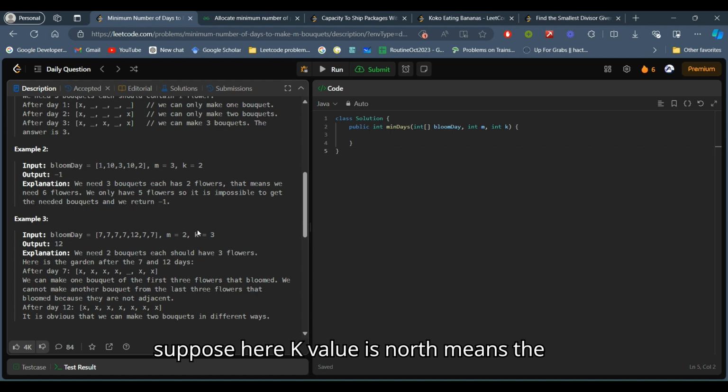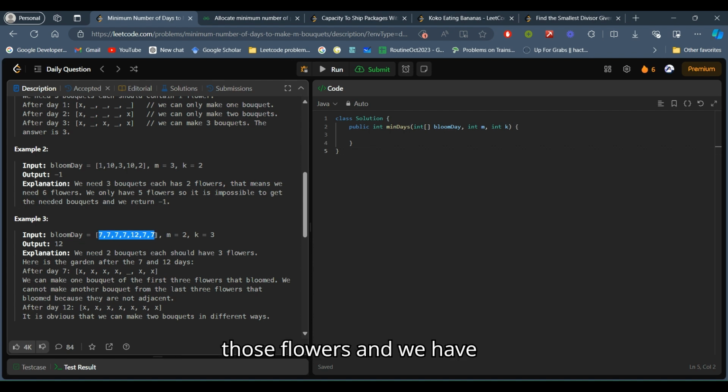And let's suppose k is n, meaning the length of bloomDay, and we have to make only one bouquet. Then we have to choose all those flowers, and the maximum value is 12. Beyond that we can't go. So the minimum number of days we have to wait is 12 here.